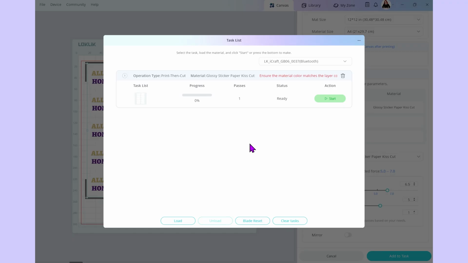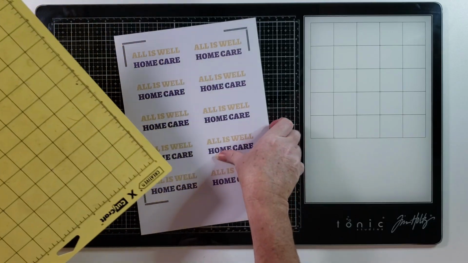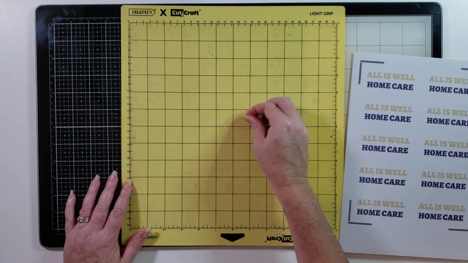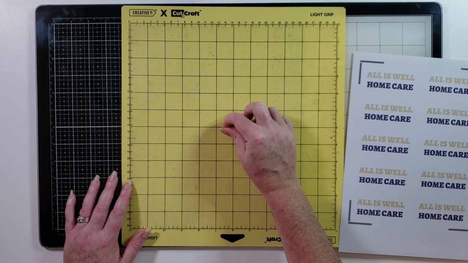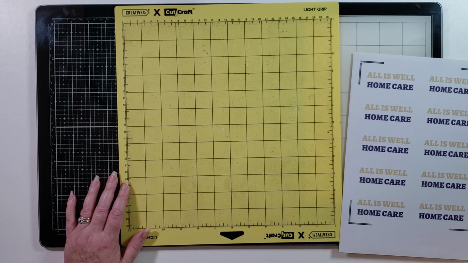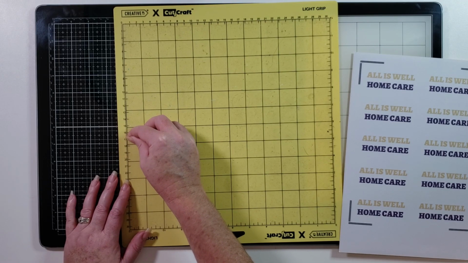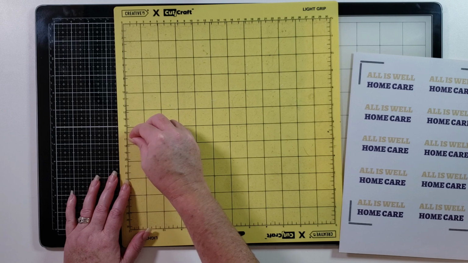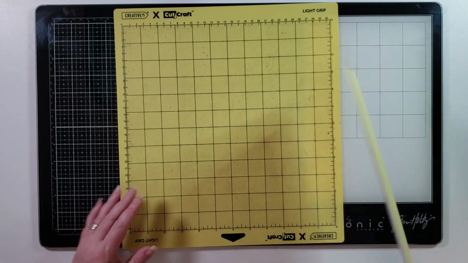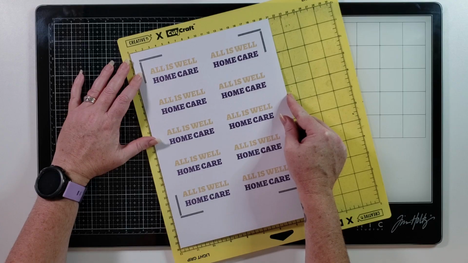Now let's get our mat ready. So we have our light grip mat, the one that you use for paper. They are normally blue. This brand has them as yellow. I think I won these, or they were like a gift. I don't know where I got them from, but I think I ordered and I got these as a gift as well. Anyway,